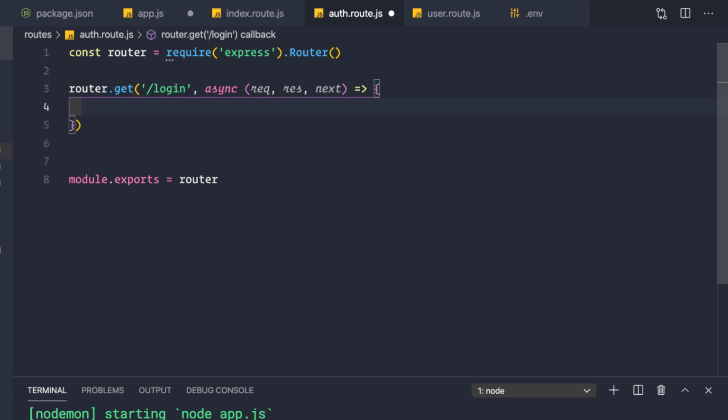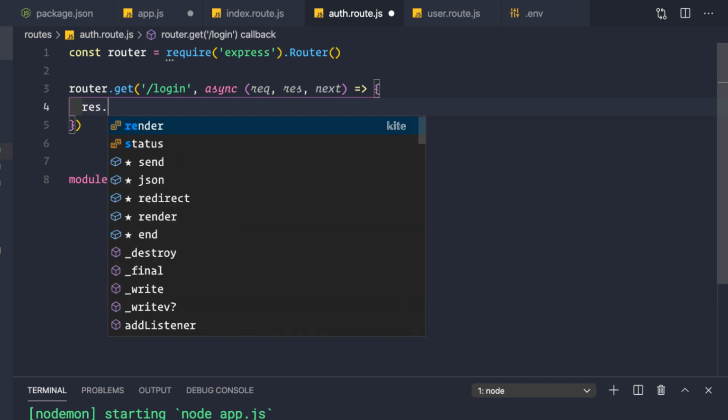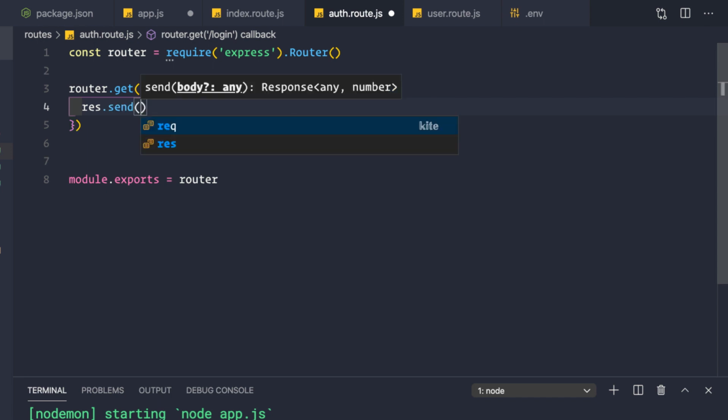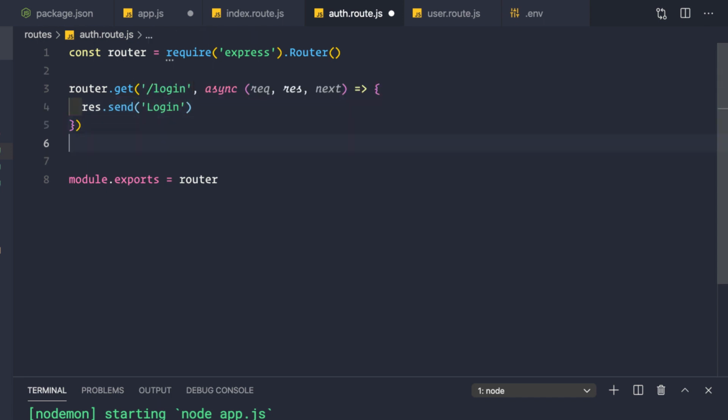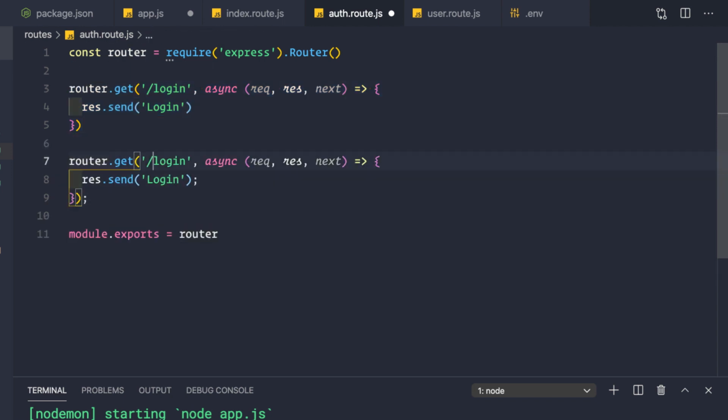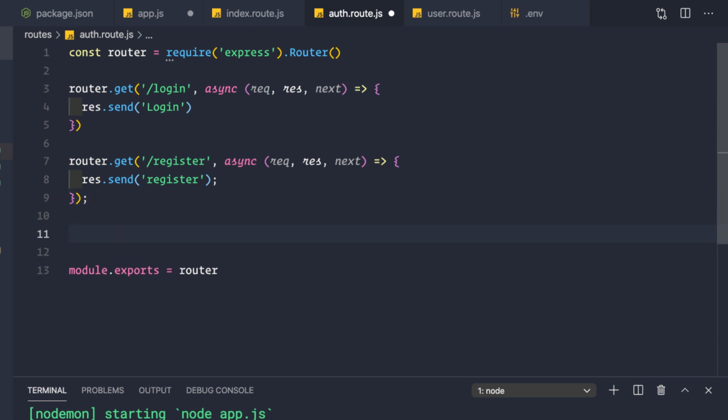That is in case you want to use await inside here. And for now let me simply res.send, that is login. Let's create a register route here, that is to get the register page, register, and this should say register like this. And then I'm going to create 2 more routes, that is the post route for each of